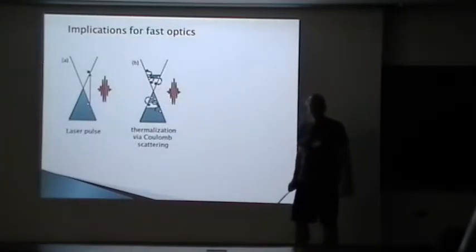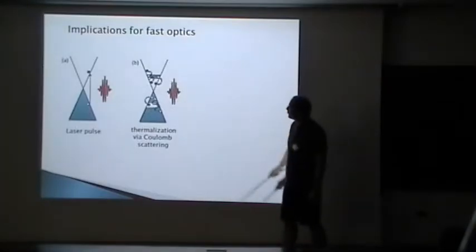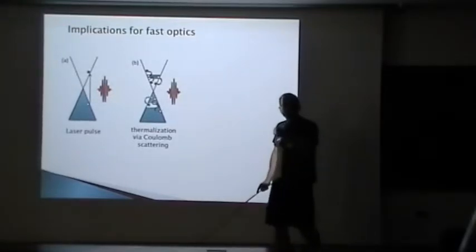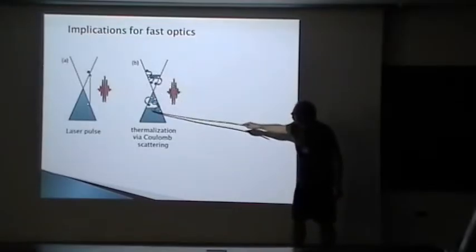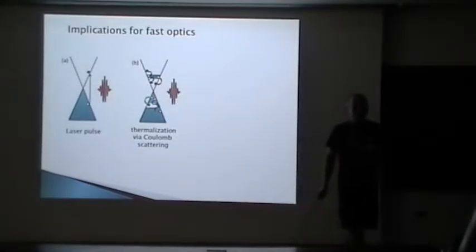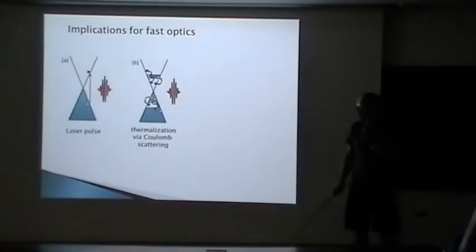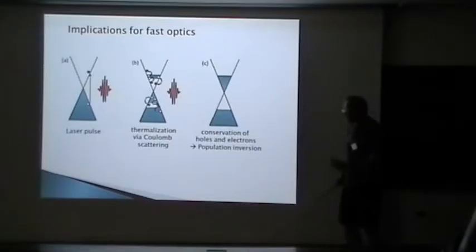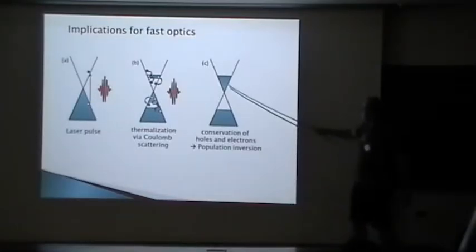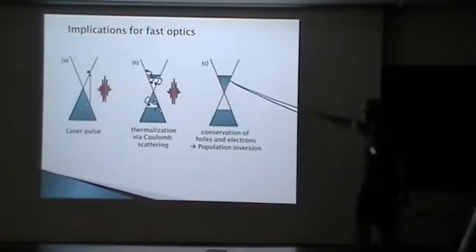Well, but here we have a somewhat different situation because once we switch off our pump pulse, all those collisions can take place. But initially, at least, when the Coulomb interaction is the most dominant one, we have a conservation of those states up here and the holes that we have here that cannot relax by Coulomb interaction. That will stabilize a population inverted state. Right? So the idea was, well, this should be observable in ultrafast optics. How would you do that? So the assumption is, well, this will essentially thermalize here, but we will do this at different chemical potentials because